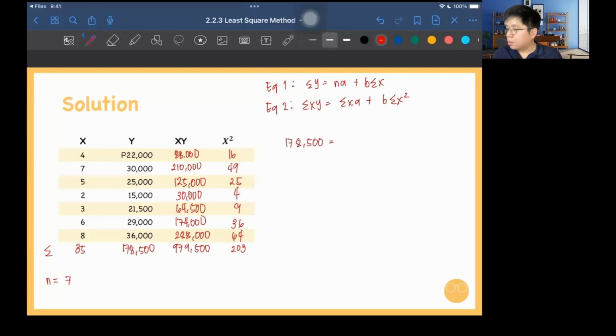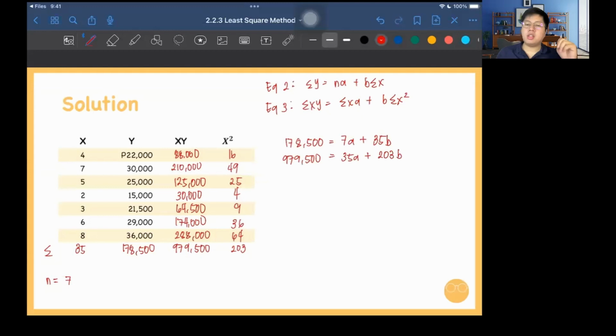178,500, is equal to the value of n here is 7, a here is not yet given, plus the value of b is not yet given, but the summation of x is 35. So 35b. Let's plot equation number 2. Oops, correction, should be equation 2 and 3. Okay? So for equation number 3, let's plot the summation of xy, and that is 979,500 is equal to the summation of x here, which is 35a, plus the summation of x squared,